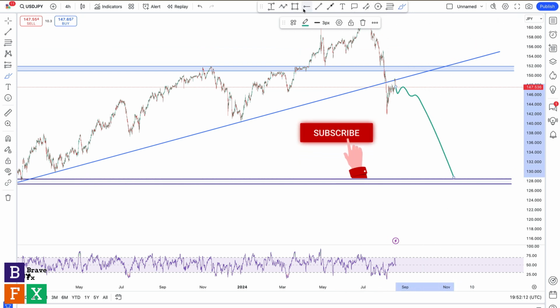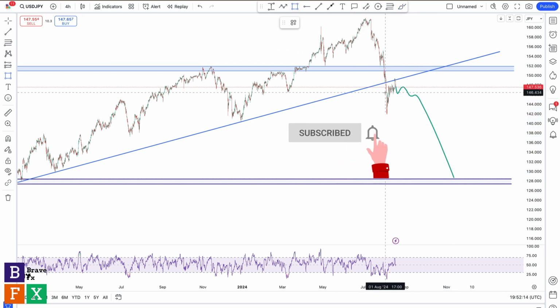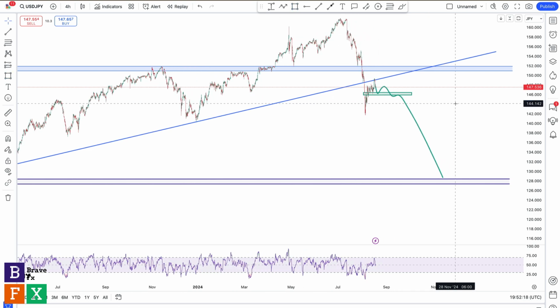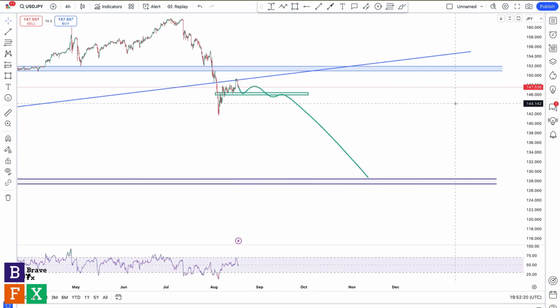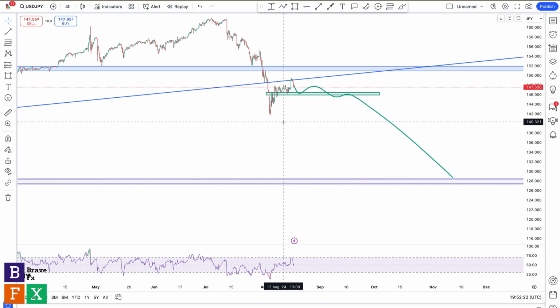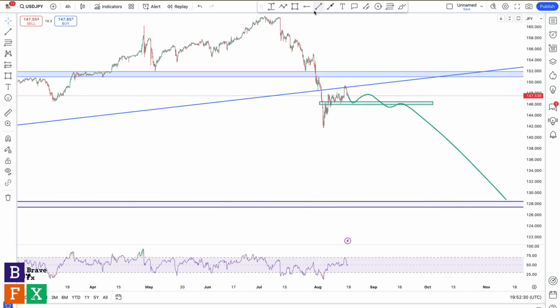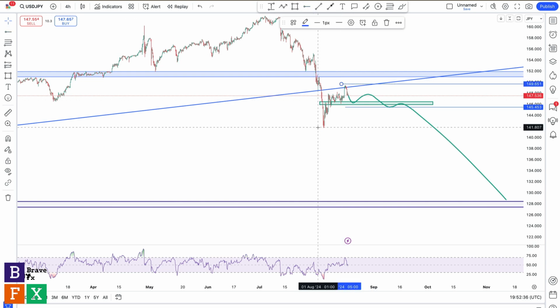My entry is going to be around the break of these lows, possibly, right? So my entry is going to be around the break of these lows. I'm going to zoom in a little so you can see what I'm talking about. So we have a clear lows here, right? So if price comes here, forms a base and takes out that base, then I'm going to go short underneath these price levels. Stop loss is going to be above these highs, and my take profit target is going to